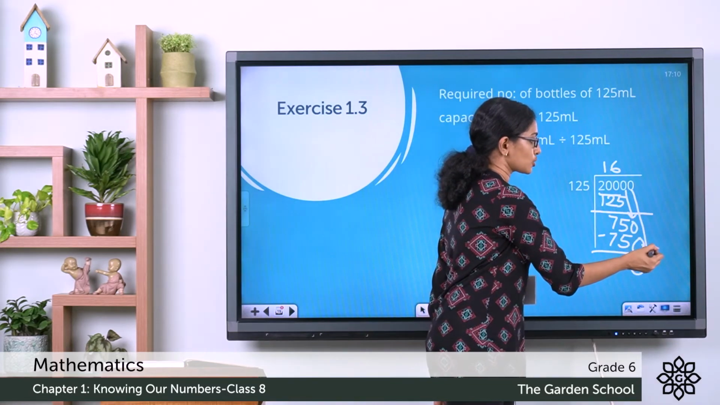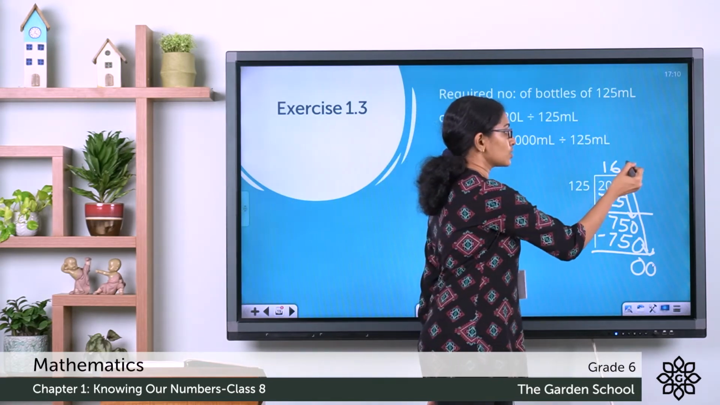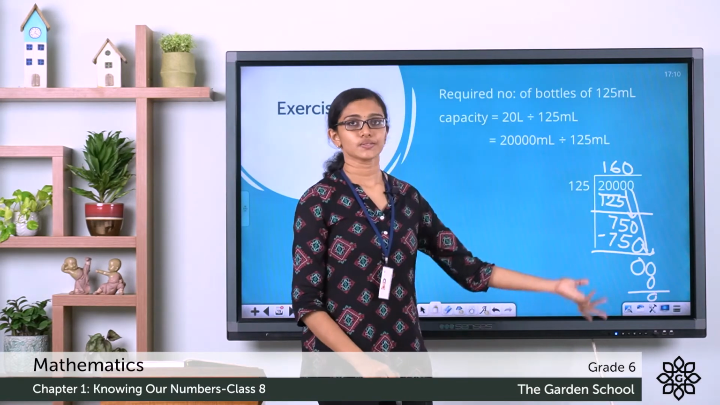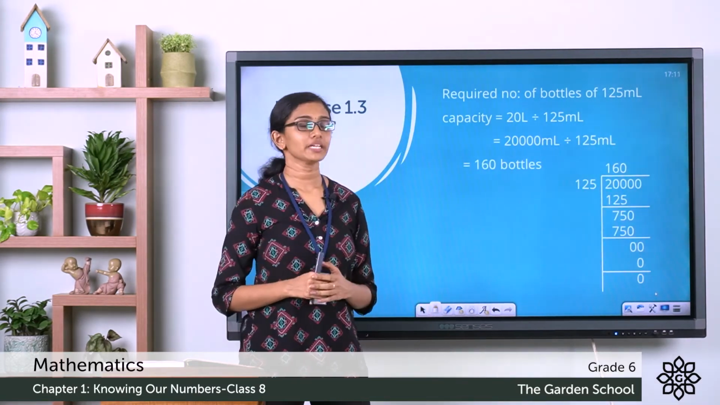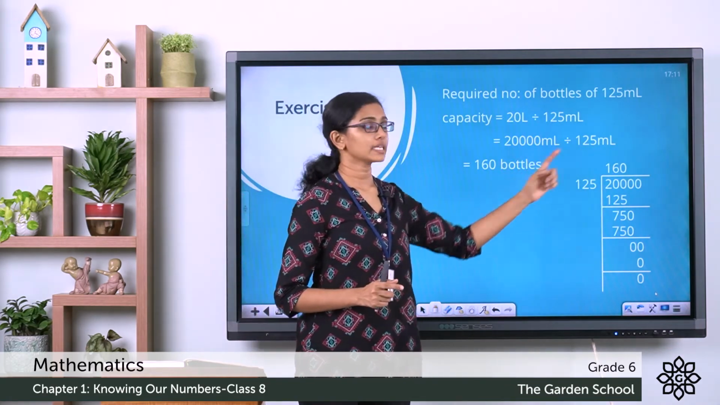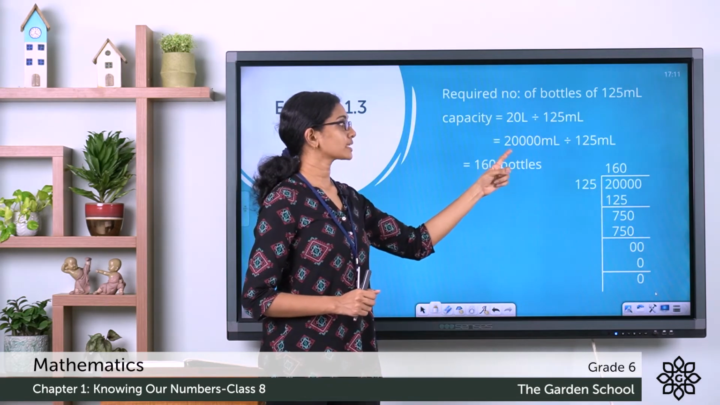There is one more digit to bring down, which is 0. 0 divided by 125 gives you 0 here, and the remainder is 0. So, what is the quotient? 160. So, the company will require 160 bottles of 125 milliliter capacity to fill in 20 liters or 20,000 milliliters